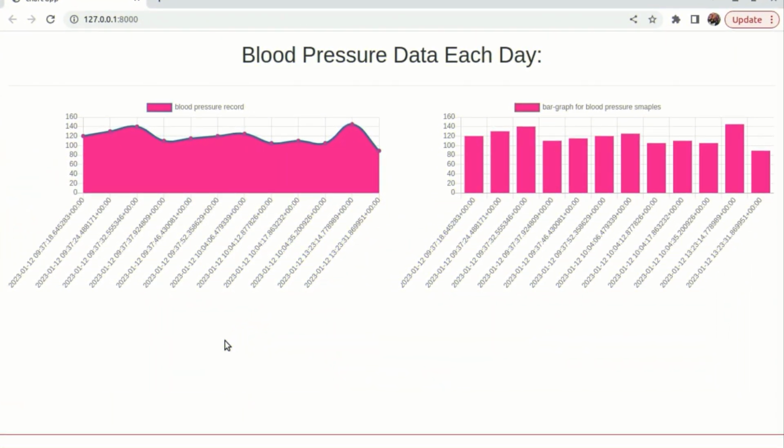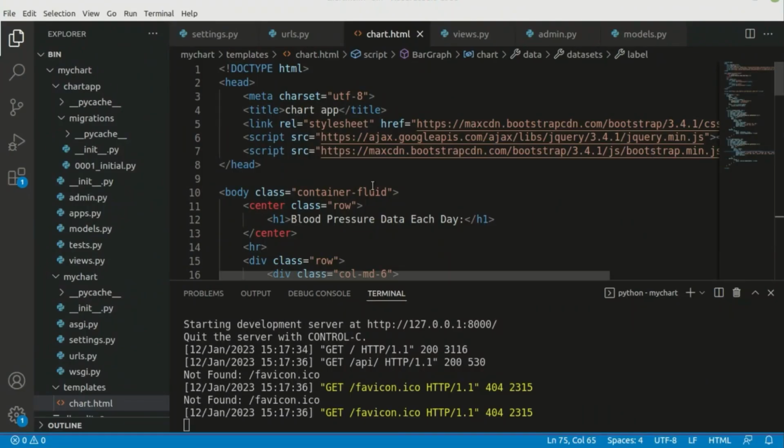Welcome to the following of the Django tutorials on creating charts in Django. In this part of the tutorial, we want to show you how you can add other charts to this page. That is not a very big deal, although it might look hard when you want to transfer data from Python to JavaScript, and you might wonder how else you can